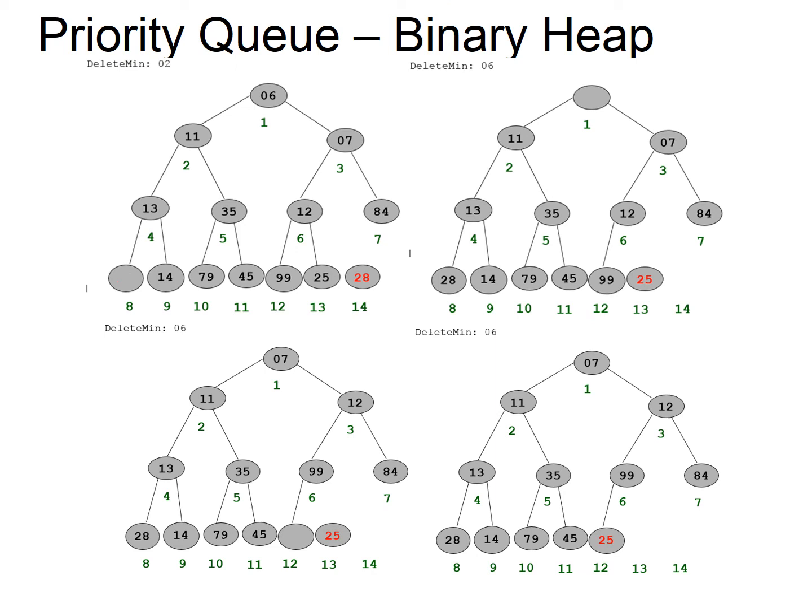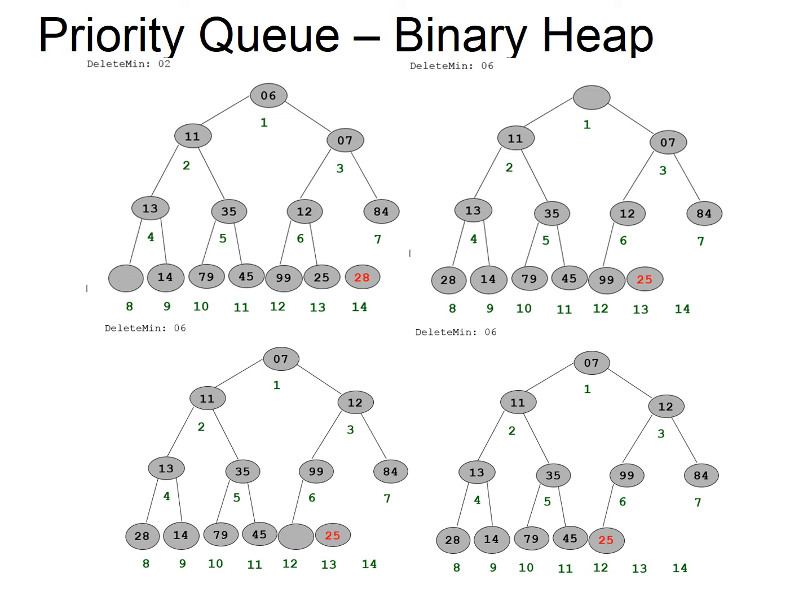Now I have to find a space for 25, and I also have to find the value for the root node. So first we will fill the root node, then we will find where 25 has to be inserted. So one has two children, 11 and 7. Which is minimum? 7 is minimum. So 7 will occupy the first node. Now in the place of 7, that is 3, the third node, again two nodes are connected to the third node, 12 and 84. A space is there, so which is minimum? 12 is minimum. So 12 will occupy the third node. Now the node 6 is empty. So 99 will move up to the 6th node. You can see in the third diagram in the bottom left, 99 has moved to the 6th position.